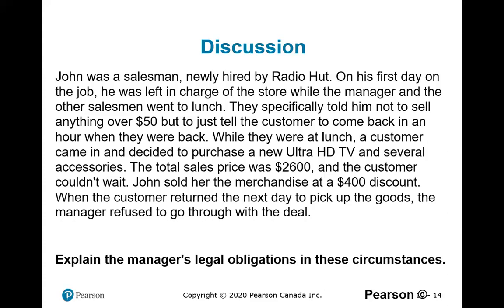Because of Estoppel. And Estoppel is related to actual authority or apparent authority? Apparent authority. Was it apparent to the client that the salesperson, John, had authority to give as much discount as they wanted? Because there was no sign saying limitations. So based on apparent authority and Estoppel, you are right. The manager is wrong. The manager should go ahead with the deal.